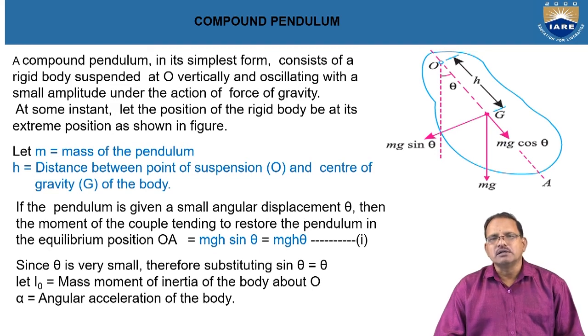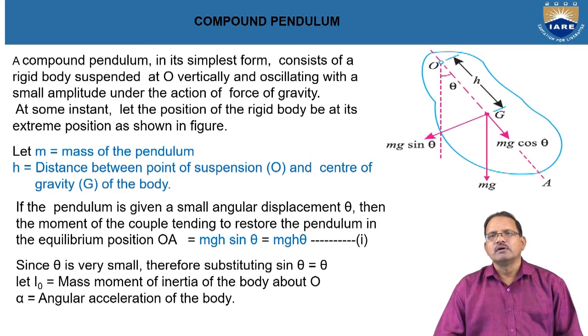The mg sin theta always tends to move the body towards its equilibrium position. So the axial force is given by mgh sin theta. Since the angular displacement is very small, sin theta is equal to theta. Hence the modified equation becomes mgh